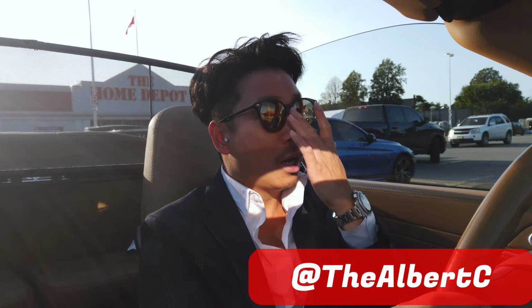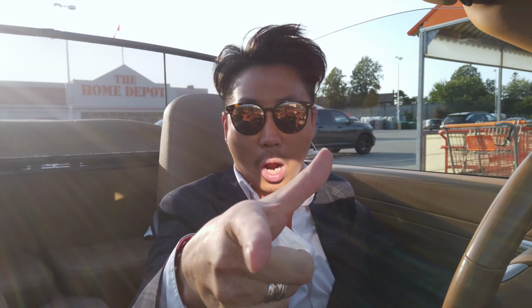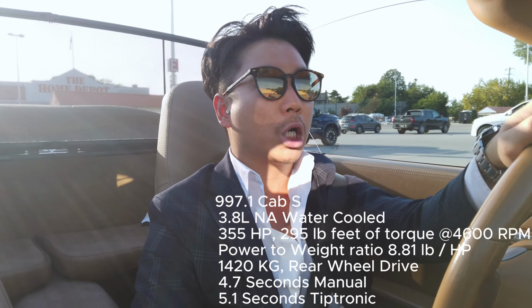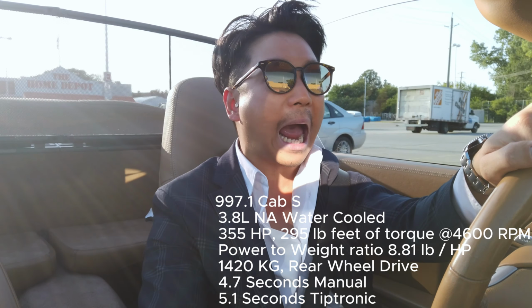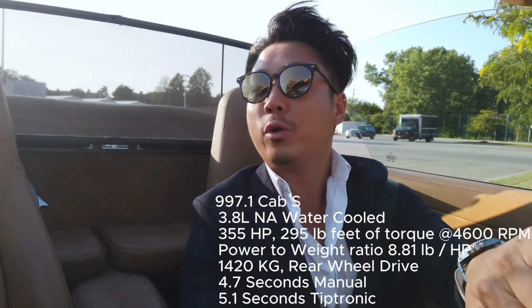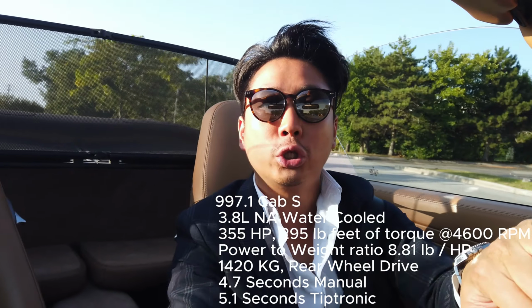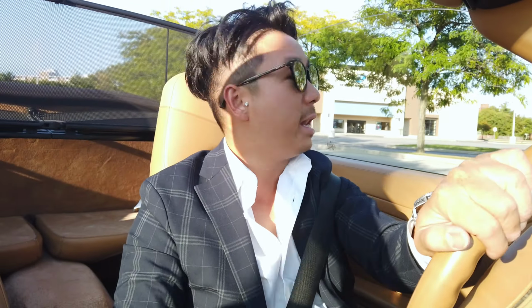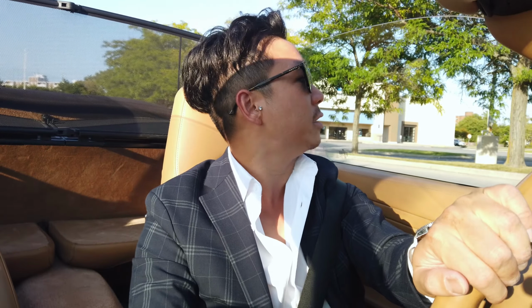I just got off work, but as promised, here's a 911 2005 Carrera S in the cab and then manual. So, a quick fact: this is a 3.8 liter, no turbo, naturally aspirated, and this is the last gen, which is water cooled. I haven't driven a naturally aspirated car in a while, and let me tell you this, it is a fun